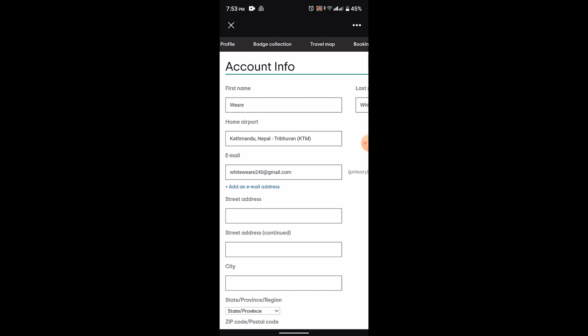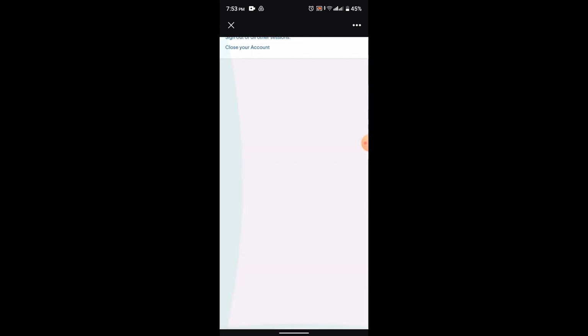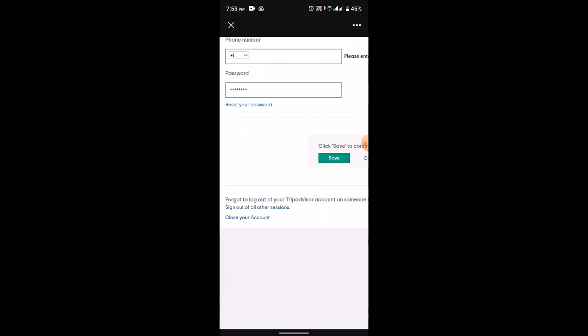This is going to direct you to a web page of your account info. So basically you'll be able to see all of the information that is registered to your Tripadvisor account. So once you're on this page, scroll down right to the bottom, and right at the bottom you'll be able to see an option as close your account. So click on close your account, otherwise you can also sign out of all the devices that you're logged in. And if you're sure about deleting your account, then once again click on close my account, which is right on